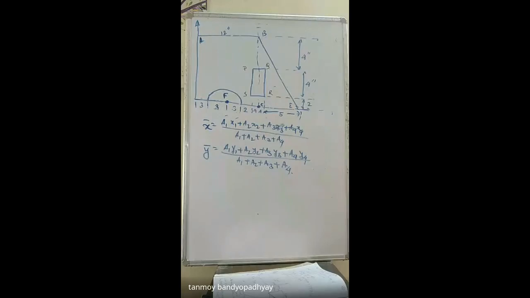If you can see the tables actually, you can solve it using tables also. If you go to the book of Meriam and Kraige, they have just made one table. So that reduces this effort actually. So you can make a table, and if you see in the table, you can see that only the areas have been put to be negative, not the coordinates x bar and y bar of individual areas.